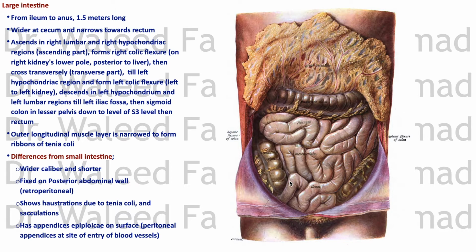Now, first, let's describe the course of the colon. It starts by the cecum in the right iliac fossa. Then the ascending colon goes up till the right colic flexure behind the liver and on the right kidney's lower pole, and then after the right colic flexure the transverse colon starts and crosses the abdomen transversely till we reach the left colic flexure. It should be drawn here at a much higher level than the right one